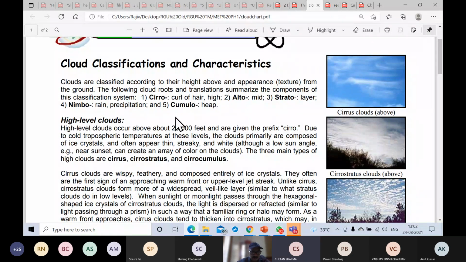निम्बो स्टेटस। साइरो का मतलब होता है कर्ल ऑफ हेयर, यानी बालों की, वो लैटिन वर्ड है एक्चुअली। अगर ऐसा क्लाउड दिख रहा है, बाल की तरह, तो उसका नाम साइरो रखा गया है। सारे इसी टाइप के क्लाउड होते हैं, तो इसका नाम डाला हुआ है साइरो।